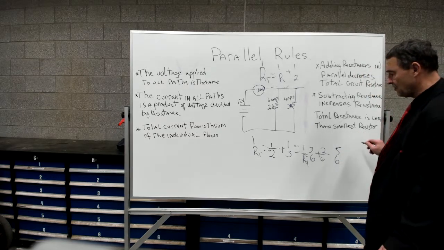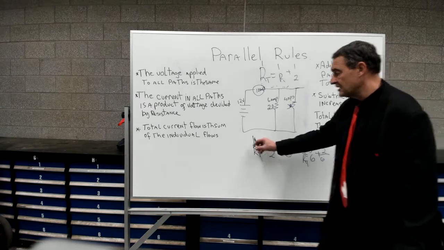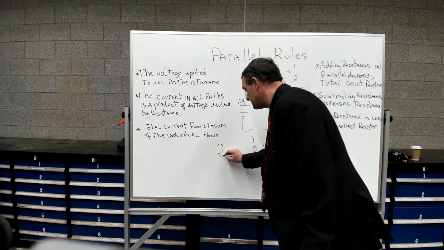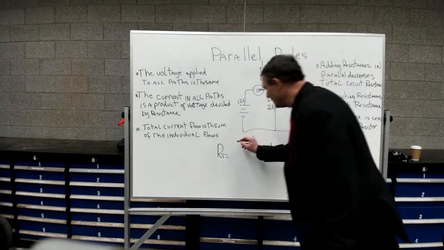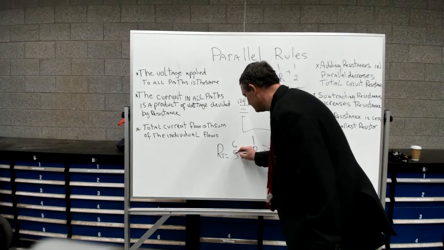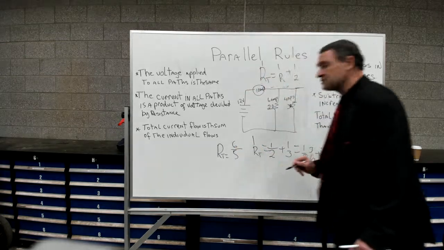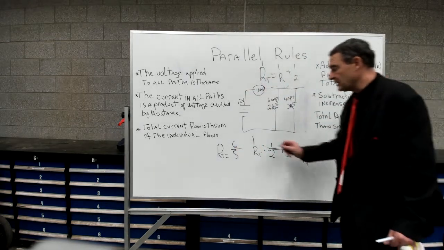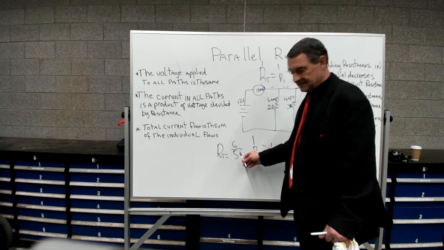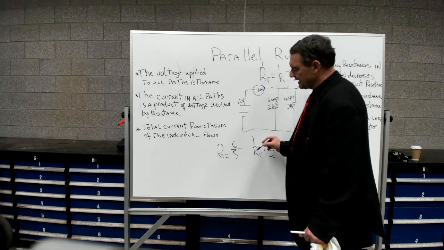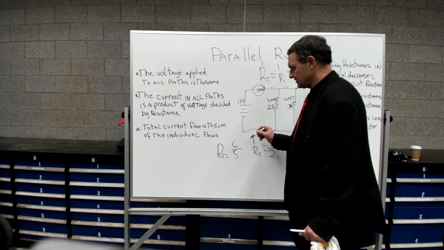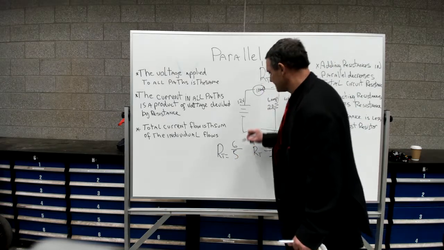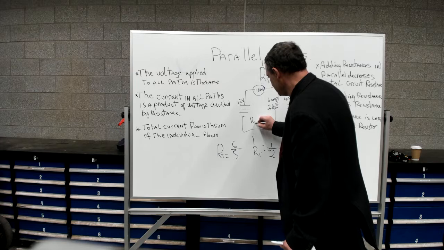We will flip that over, and when you flip it over, you get rid of the 1, so we're down to RT equals, since we flipped the RT over, we've got to flip that over, 6 over 5. So that's our total resistance in the circuit. We're going to multiply that out in there, and I think we're going to get 1.2. So our total resistance, RT, is going to equal